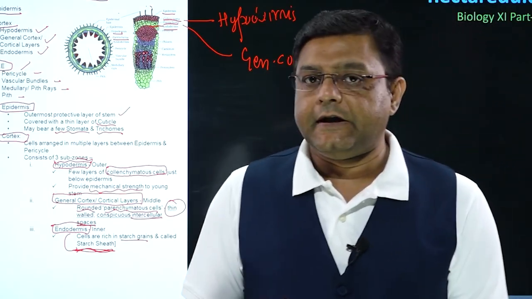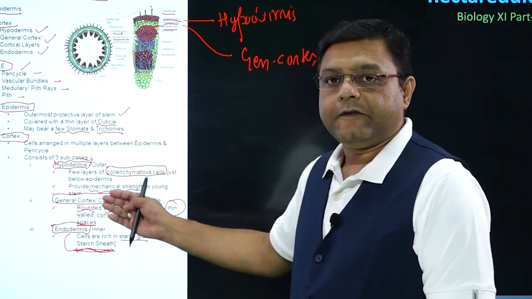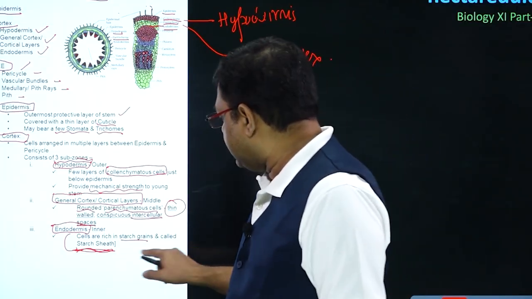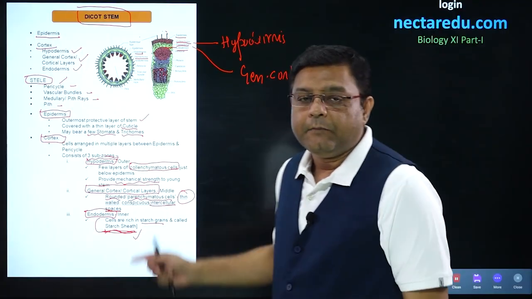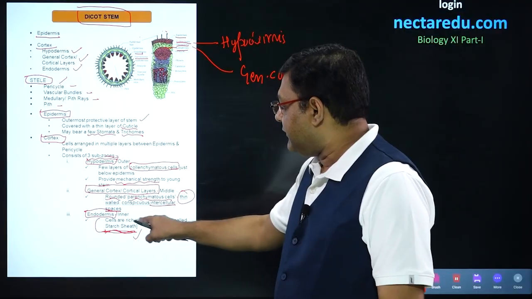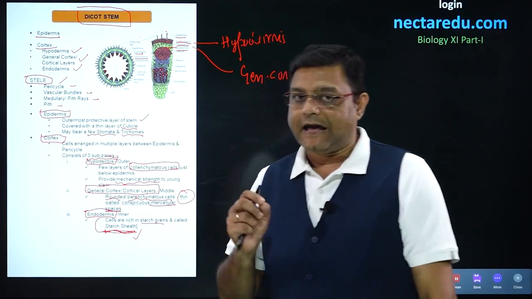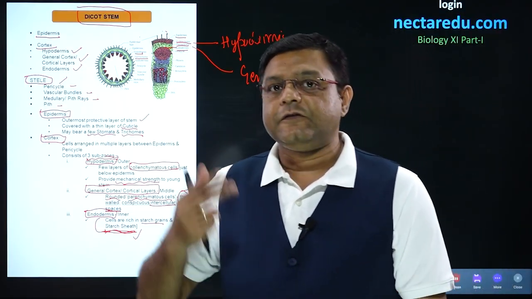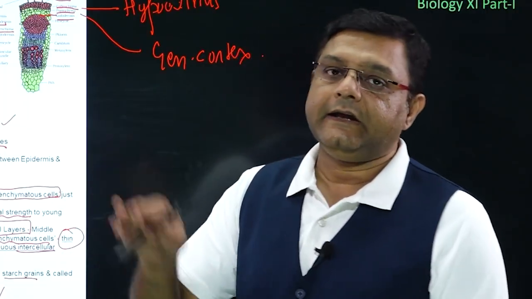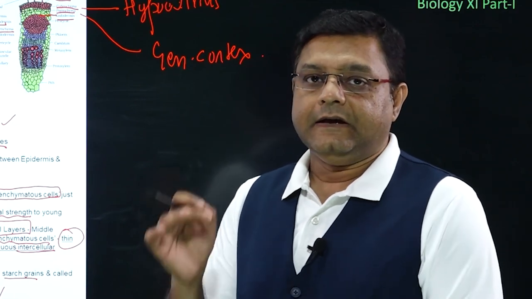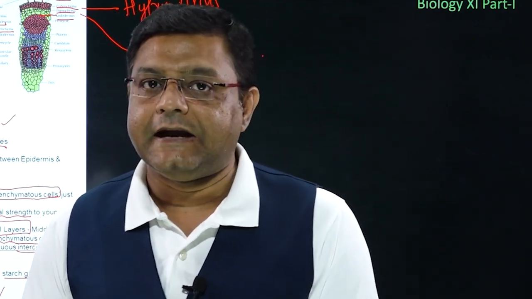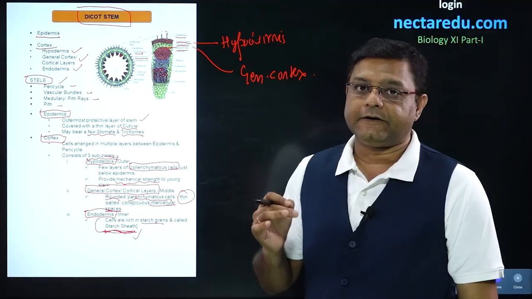One point has to be noted here, that if we talk of endodermis in dicot stem, we say that it is starch sheath. But if we talk of dicot root or monocot root, then we will say that this endodermis has thickenings of suberin, which we call Casparian strips. So, here it is called a starch sheath. In the case of roots, it will have barrel-like cells which will have suberin, and that is why we say that Casparian strips are present in that.